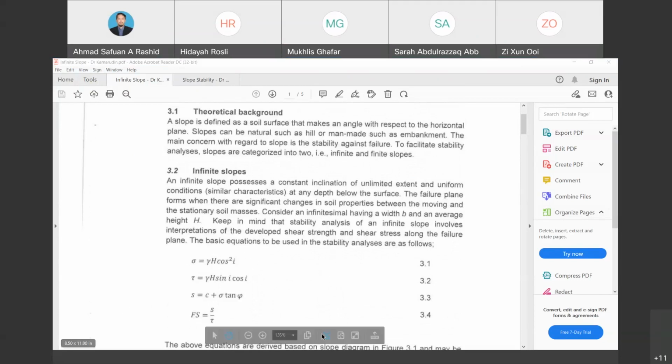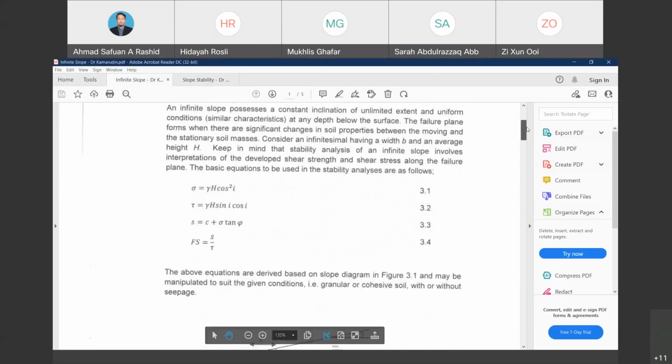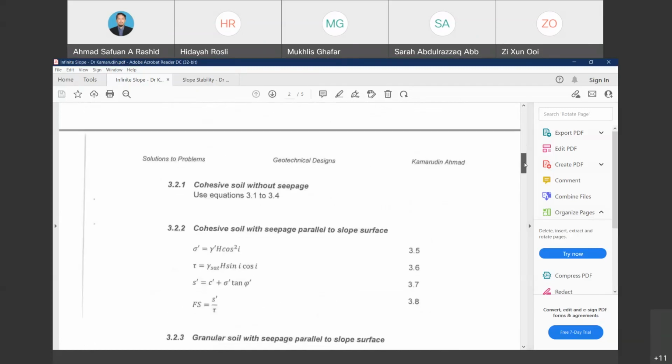However, Dr. Kamarudin introduced four types of cases, where 3.1 to 3.4 are only suitable for cohesive soil without a seepage case. So this is without water. When the cohesive soil has seepage parallel to the slope surface,